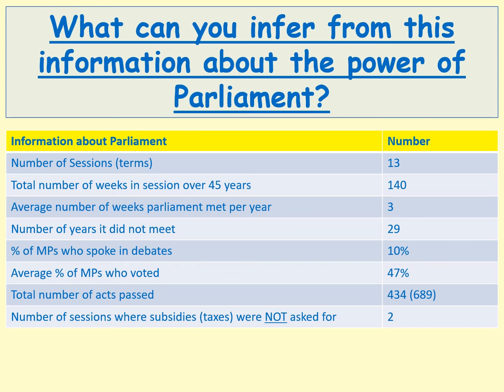Only 10% of MPs spoke in debates, so quite often being an MP would be seen as a position of power, but they wouldn't actually get that involved. And they would be largely compliant, which means they would follow the wishes of the monarch. So Parliament wasn't hugely powerful, but it was an avenue in which people could voice their opposition to the monarch. And certainly there were some fiery debates about things like religion, things like monopolies, for example, things like the succession crisis as well.